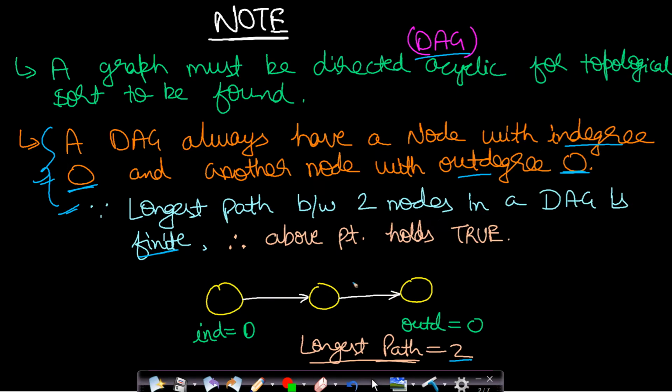Now in this graph, we can try to add a new node and then say that the longest path is now equal to 3. But we already know that the longest path is equal to 2, therefore we cannot add a new node. And what happens to the graph if we form an edge from this node back to the first node? Then this will no longer be a directed acyclic graph, this will become a cyclic graph. In a directed acyclic graph, since the longest path is finite, there will be no cycle. So you can see the proof on the internet. There is a proper proof for this.